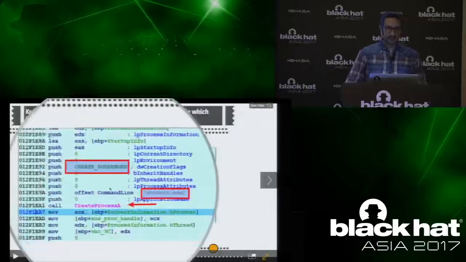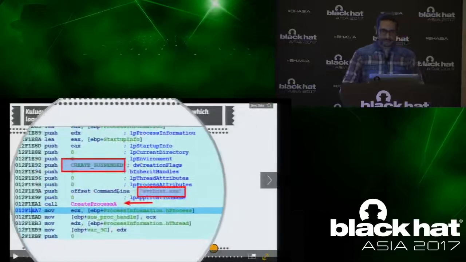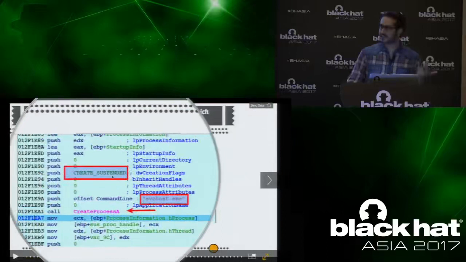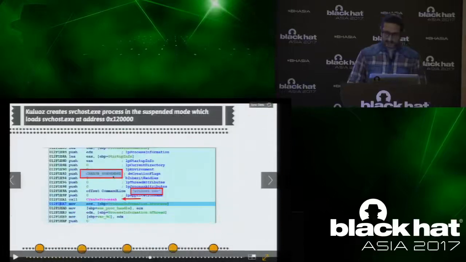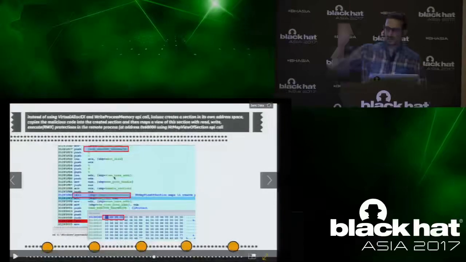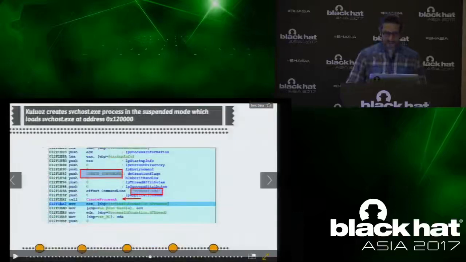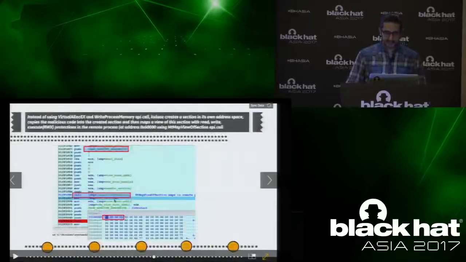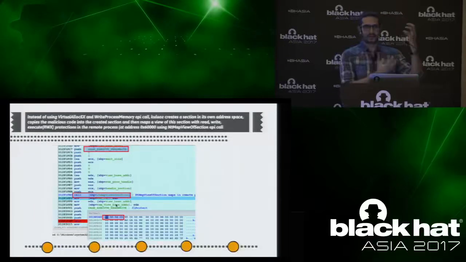First, Kulos created the svchost.exe process in the suspended mode. As a result of that, it loaded into this address, which I mentioned here. And then, like I said, it copies the code that it wants to inject into its own memory space.